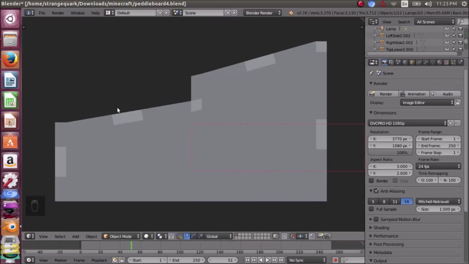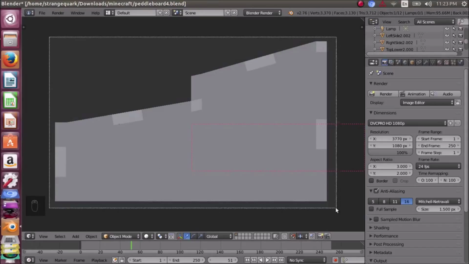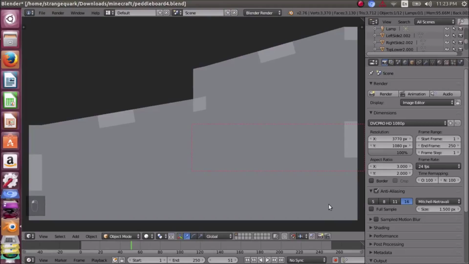If it looks like there's a little too much padding space, you can always reiterate the process of hitting Shift B and honing in a little bit closer each time until you feel that you've got an adequate